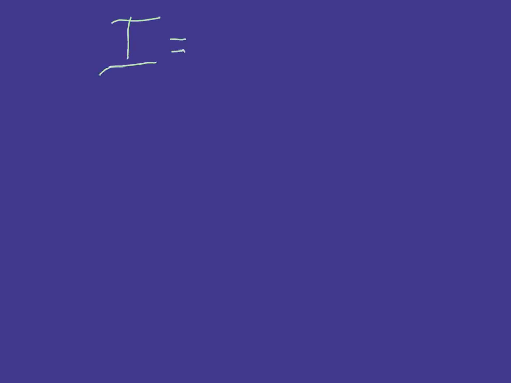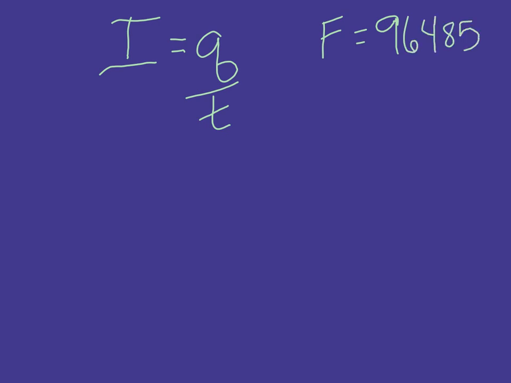We're going to need 2 values. We're going to need I = Q/t, and then we're also going to need Faraday's constant. So we've actually been using this. This is Faraday's constant. And you're going to notice, hey, I know this one. 96485 coulombs per 1 mole of